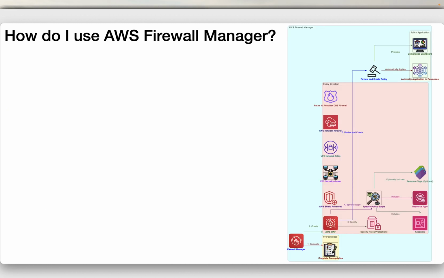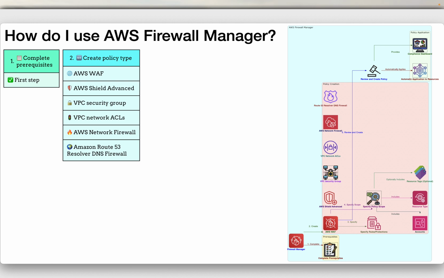Okay, finally, this is the last slide. So how do I use AWS Firewall Manager? Now we have seen all the different concepts, how to pull them together. So let's go step by step. So what will the end-to-end procedure look like? So first, you follow all the prerequisites. Basically AWS Config, Organizations, all those mandatory features that you must enable or use.